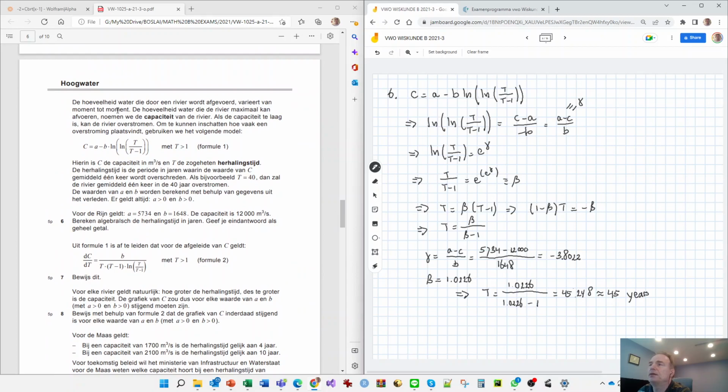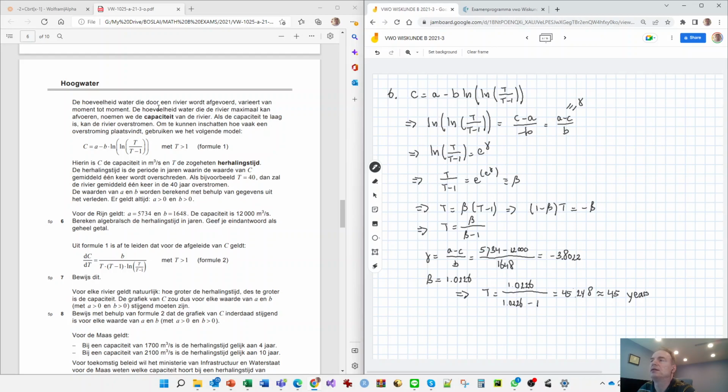This is about water through a river. Again, as tradition, always kind of a word problem, where the math is actually not super difficult, but a lot of words. So they talk about a capacity of a river, which is something in the unit of cubic meter per second,